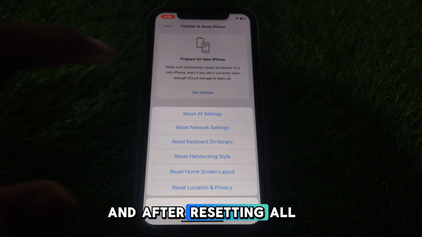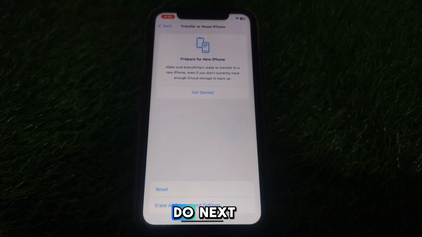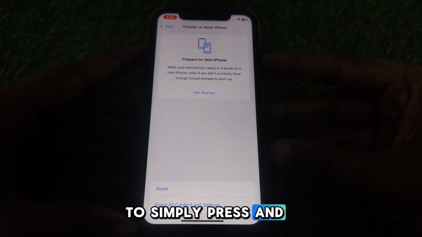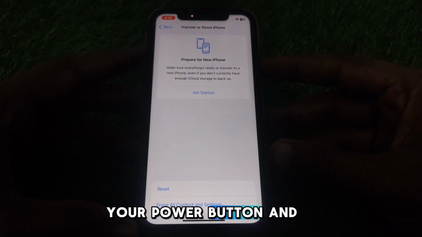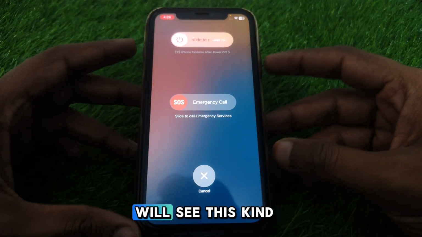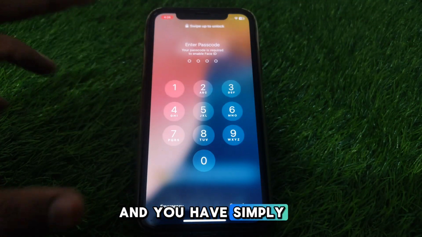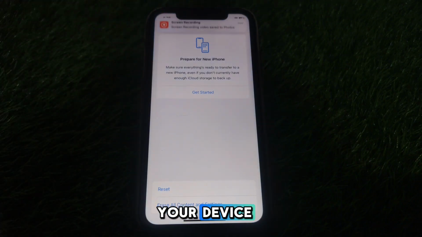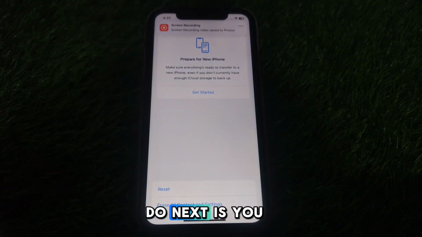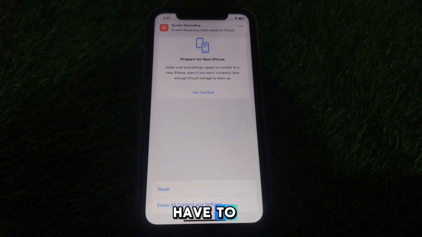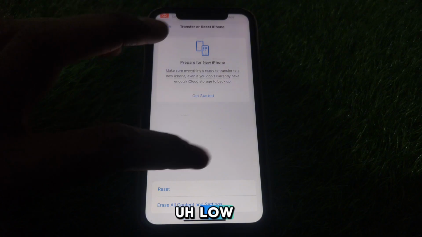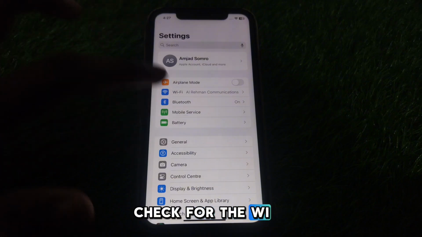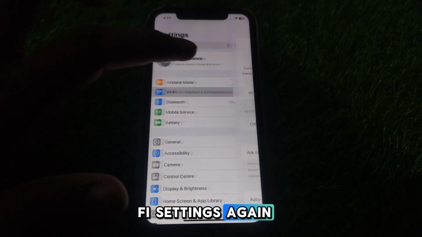And after resetting all of your network settings, what you have to do next is simply restart your device. For this, you have to simply press and hold your power button and volume button, and after that you will see this kind of interface and you have to simply restart your device. And after restarting your device, you have to simply go back, and now you have to simply check the Wi-Fi settings again